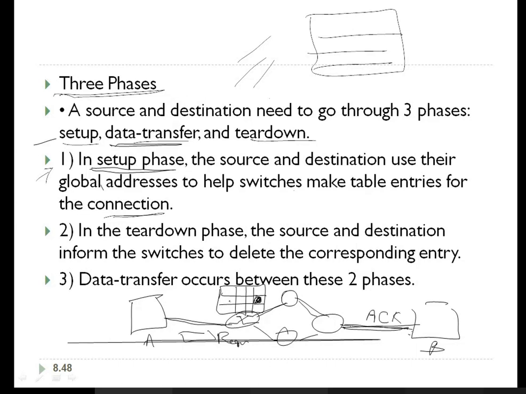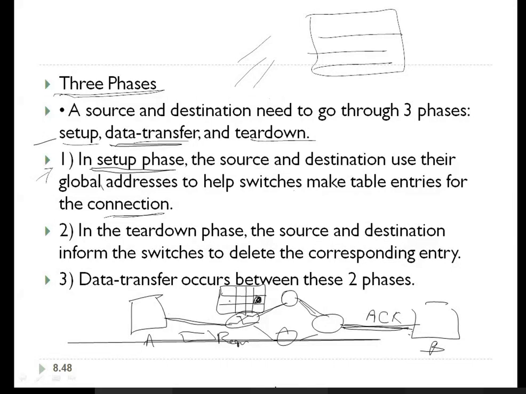Whenever it is sending an acknowledgement, it is going to add the outgoing VCI. So we have two VCIs here, one is the incoming VCI and the other is the outgoing VCI. That outgoing VCI is added to the routing table when there is an acknowledgement from the destination to the source. I will explain clearly with a neat diagram. As of now, you just understand that the routing table is built during the setup phase.